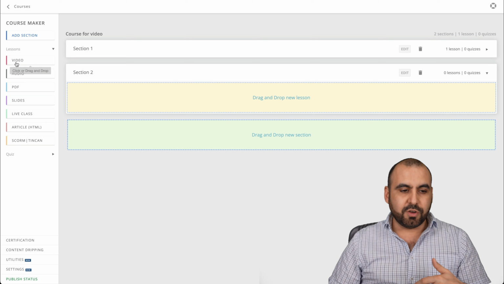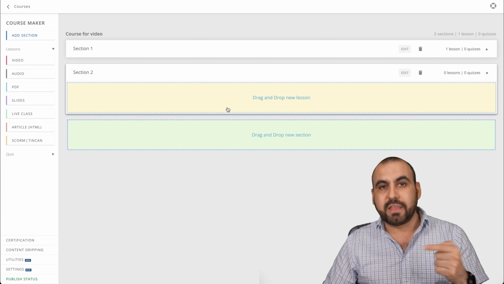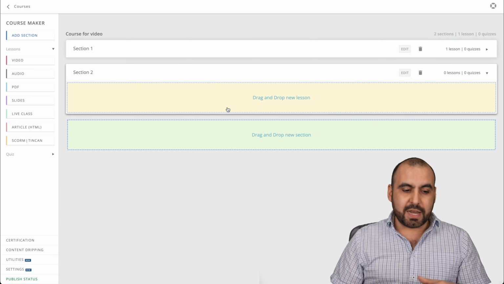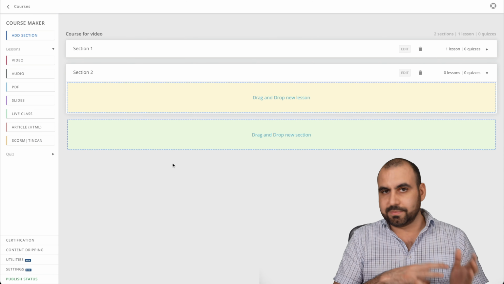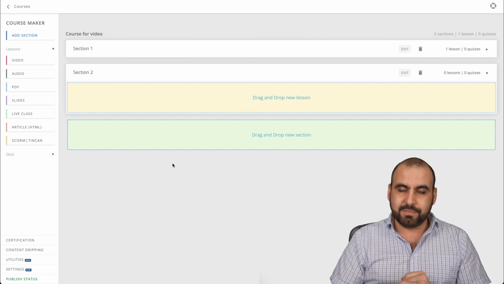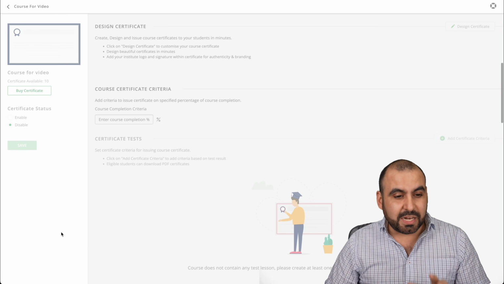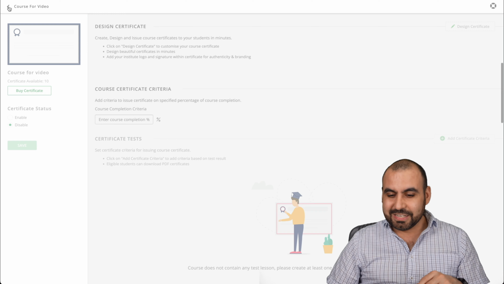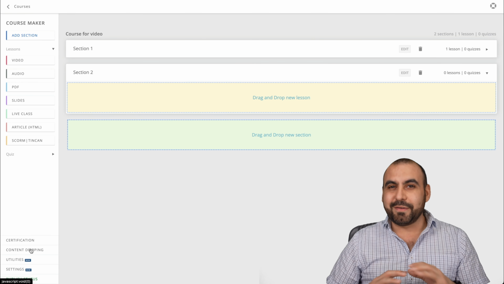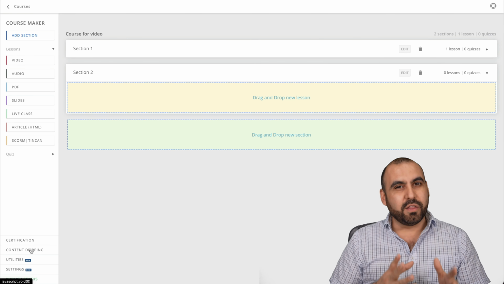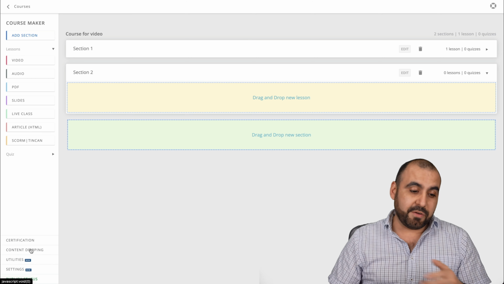So again, drag in the lessons that you want to add to this and start creating them. Now it's super easy. Like I said, it's just drag and drop and start adding the information like you would anywhere else. There's the certifications for this. There's a bunch of settings for each one of these sections. So do be aware that there are going to be a lot of settings, but like I said, it comes with all the bells and whistles, and with that, well, you have a lot of options.